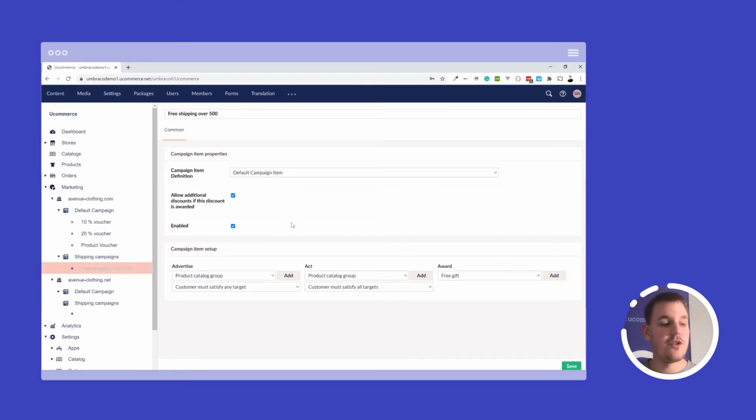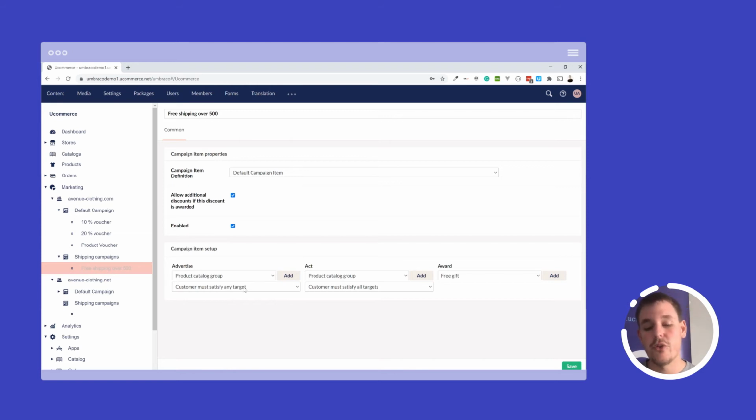To set that up, you need to configure what we call the Advertise, Act, and Award, or the AAA model. And that's sort of the customer journey that your visitors go through. See your great offers, get persuaded to purchase something, and then get a discount based on what the rules are. So consider a web shop the same thing as going to a physical brick and mortar store. You need to advertise with all the great deals that you have on your web shop. In this case, that's what you can use the Advertise column for.